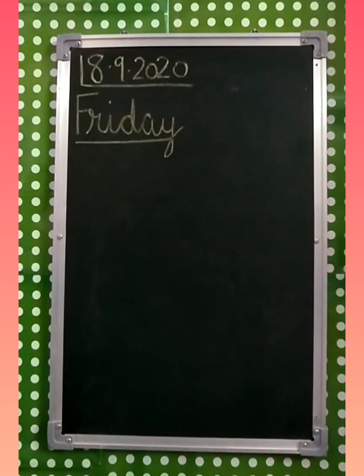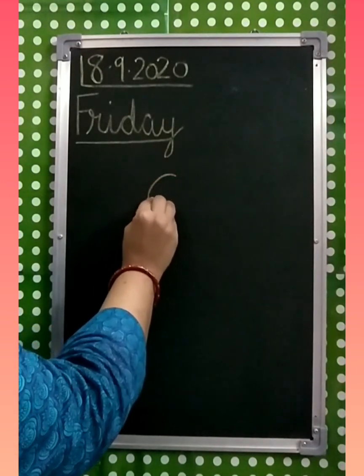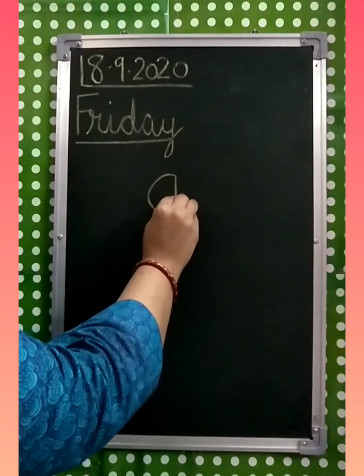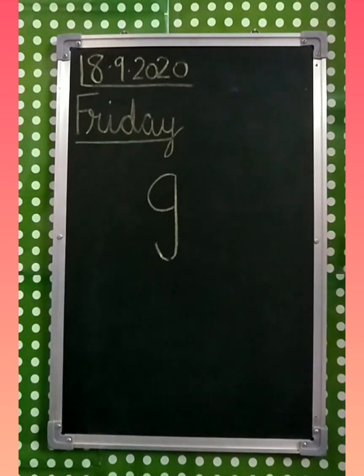Now children, we are going to begin our studies for English. Are you ready? Okay. The letter which we are going to learn today is G. G, G. Children, you have already learned capital G, right? So today we are going to learn small g. Let's see how to write this. We will make a C, then we will make one standing line, come down and turn. This is small g.